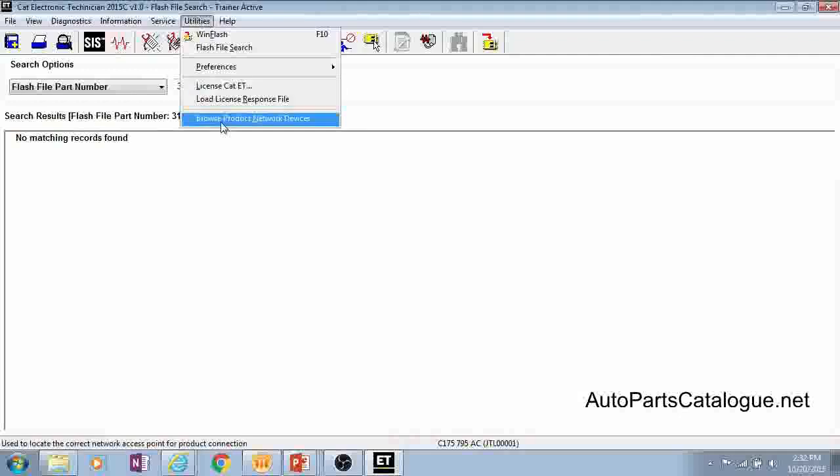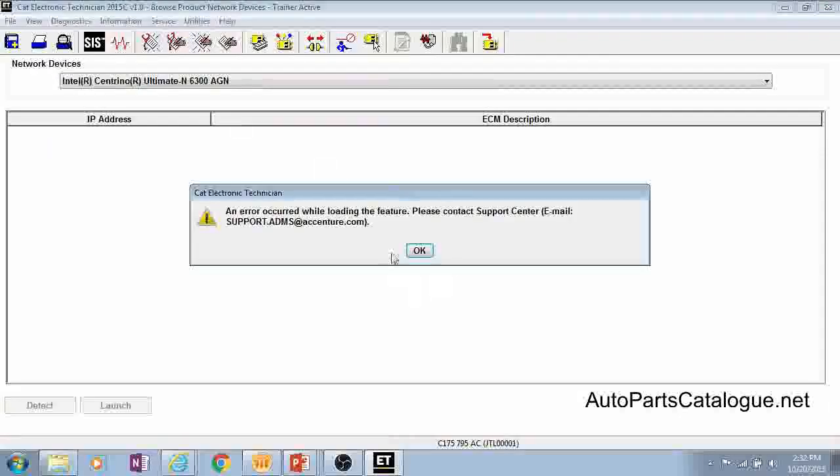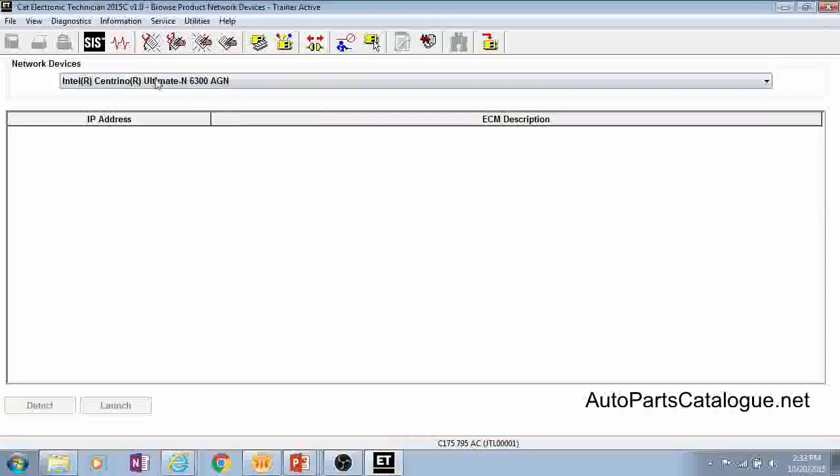And then lastly, we have Browse Product Network Devices, and this is used with helping to find any of the new devices on machines that support the Ethernet flashing capability. So your service literature would help walk you through some of this, but you'd come in here and you could detect any devices on the data link that support that Ethernet feature. And that is